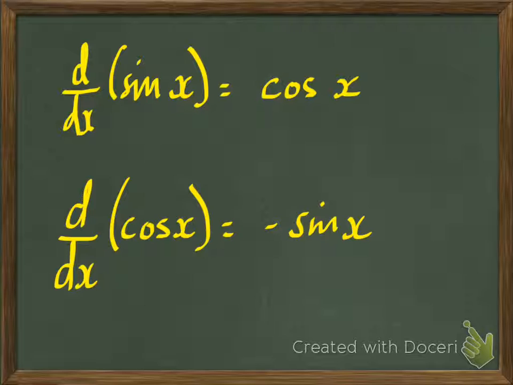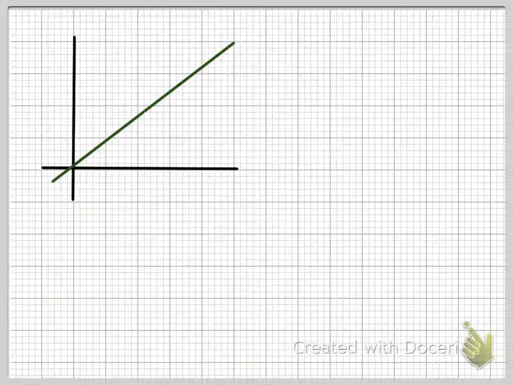Today we're going to be looking at why the derivative of sine x equals cos x, and why the derivative of cos x equals minus sine x, because I think you're going to find it relatively easy. Just for some things we need to bear in mind though, is that the tangent of